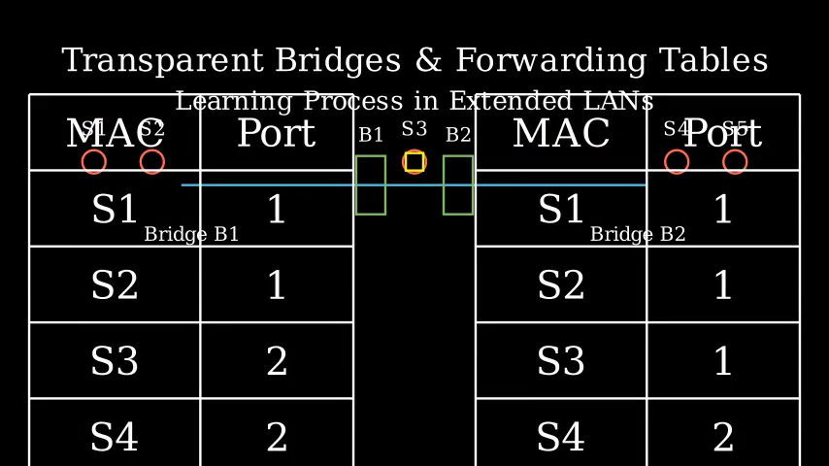Bridge B1 knows that S1 and S2 are on port 1, and S3 is on port 2. Bridge B2 knows that S3 is on port 1, and S4 and S5 are on port 2. This learning process allows the bridges to forward frames efficiently, only sending them through the necessary ports to reach their